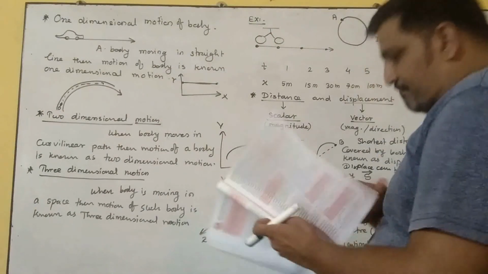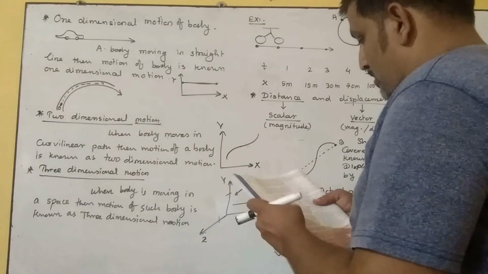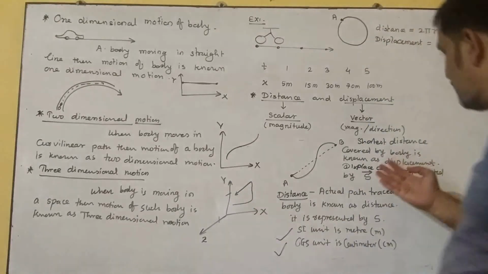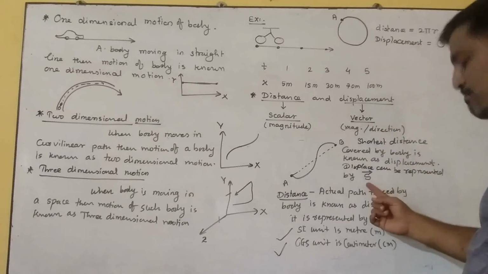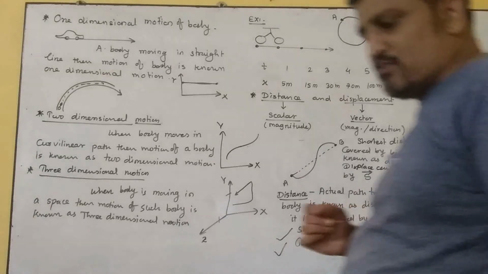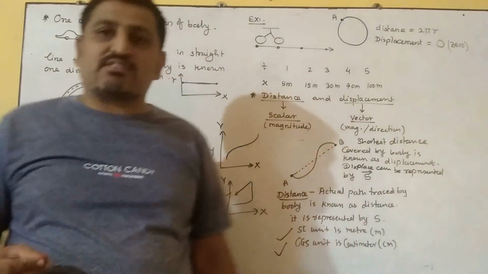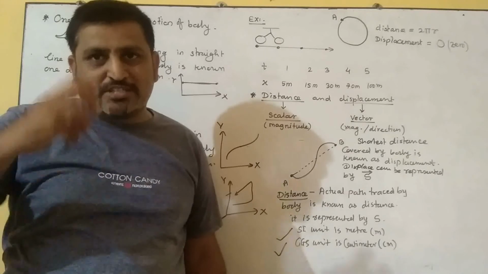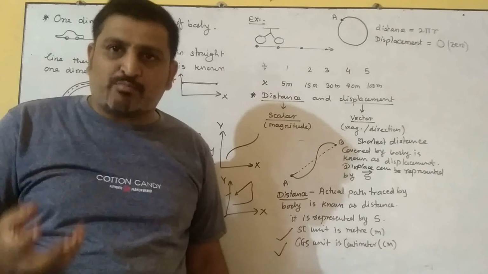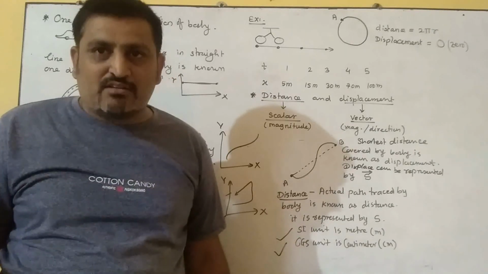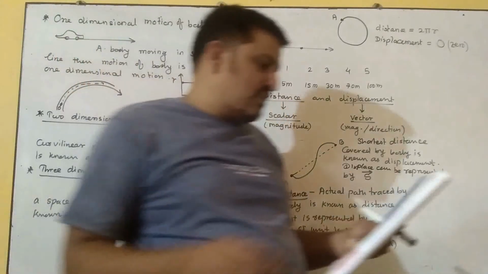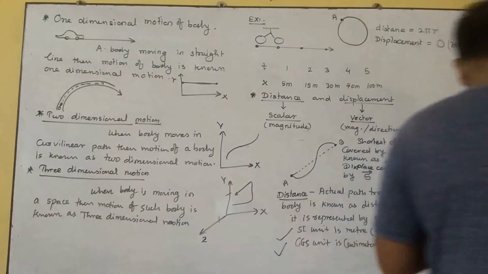Next is the representation of the displacement. I told you that we can represent this displacement by an arrowhead on S, because it needs not only the magnitude but also a direction. The body displaces from one place to another place, but in which direction it goes, that is important. So that is also needed. So we can say that displacement is a vector quantity and we can represent it by an arrow overhead.